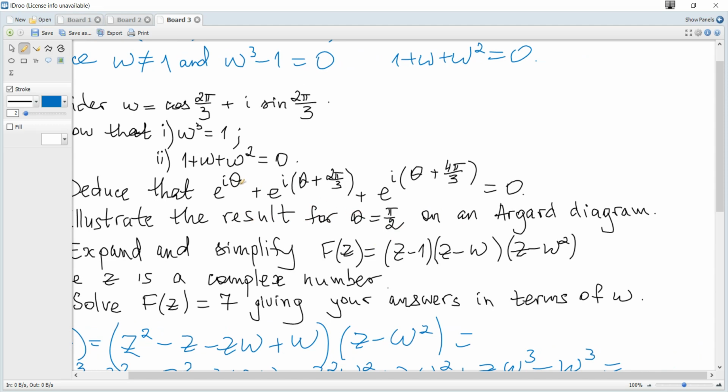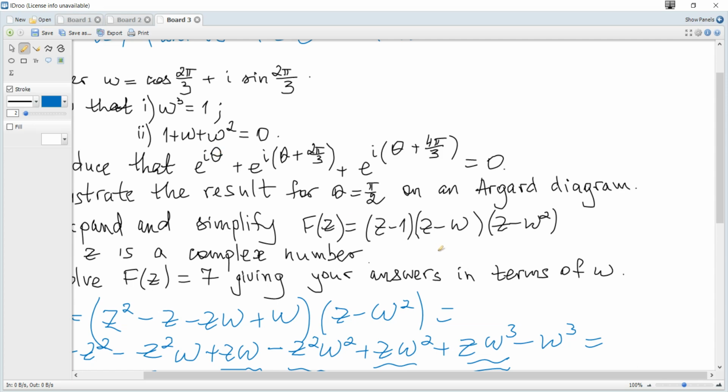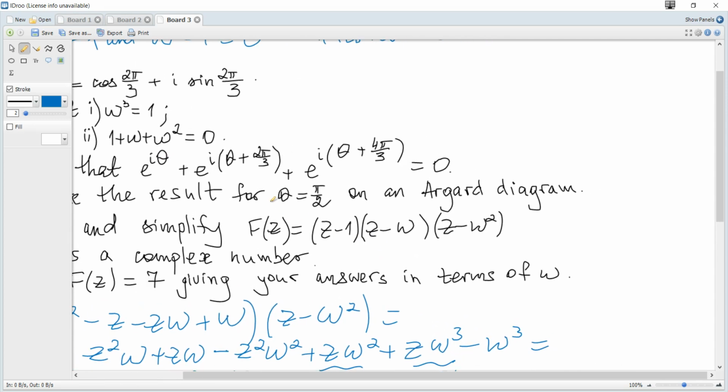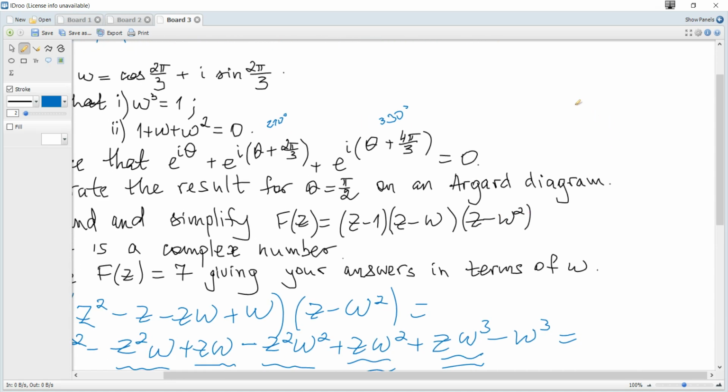When theta is pi over 2, it becomes e to the power of i pi over 2, and it's pi over 2 plus 2 pi over 3. 2 pi over 3 is 60 times 2, 120 plus 90, it's 210 degrees, and it's 330 degrees, so it becomes like this: